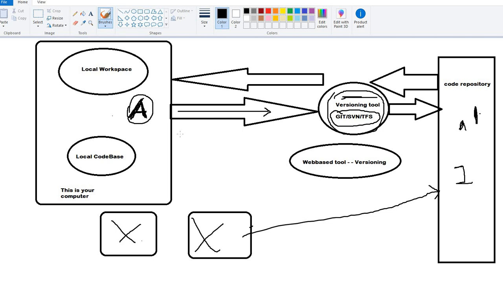So in order for you to understand this very simple thing, you will need to get the workspace set up, which is your local computer. It's nothing but the folder that contains the IDE related temporary files and all metadata. Your code base is basically the downloaded code from this repository, which means the most up-to-date code is simply downloaded into the local folder on your computer. That is what we call clone. You will have to clone the project from the repository